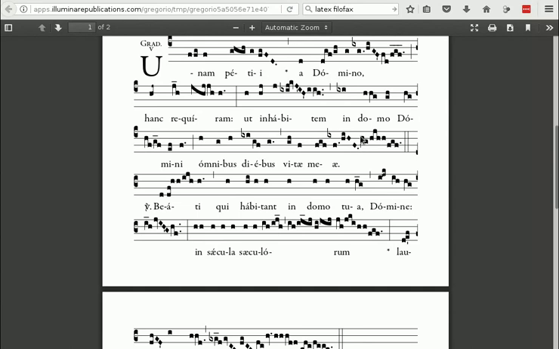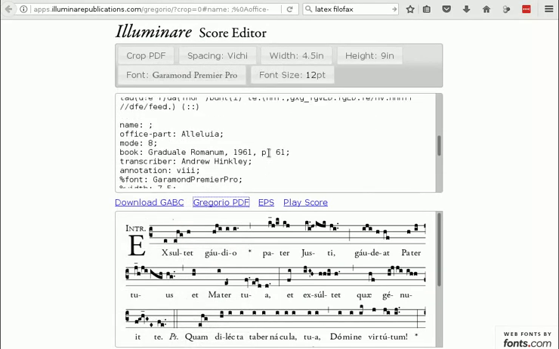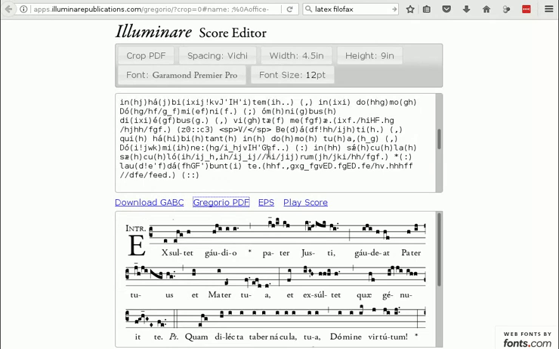So maybe we'll break it into 2, just there at this. So it's after that fa with a dot, fa augmentum, and then that clevis there. So we have to find that spot in the Graduale. So scrolling up to the gradual, we've got that double bar. This is the code that should make the extra Custos and the nice clef change.